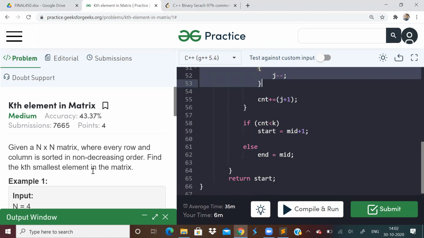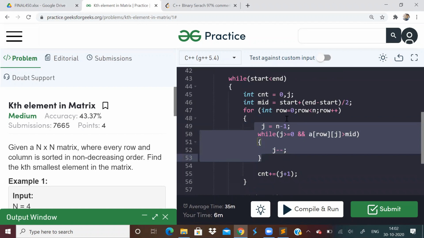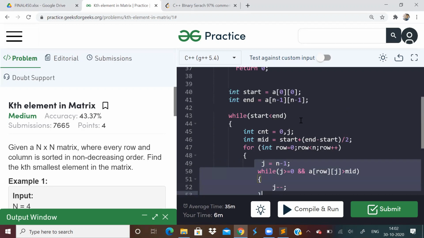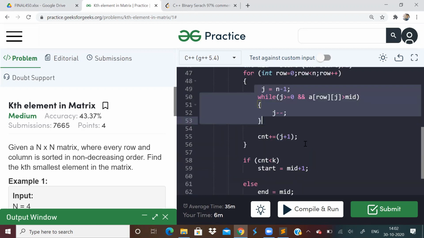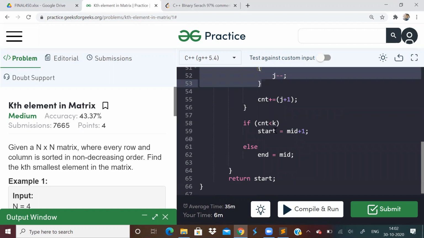Actually, I would go for the priority queue solution. It is little tough for me to explain this binary search solution, but I hope I could tell you the important points like the search space, what you should be comparing, and how to set start and end respectively.